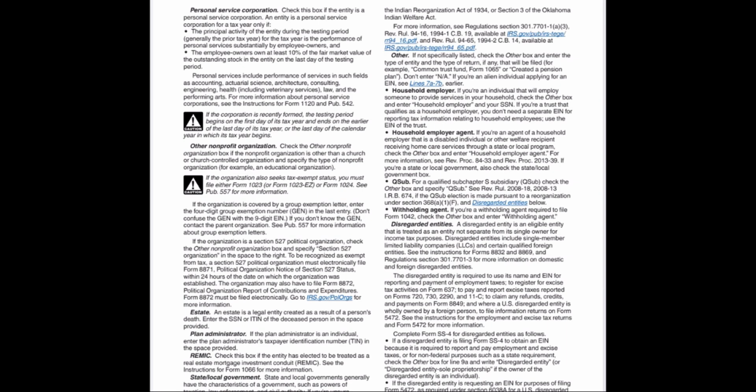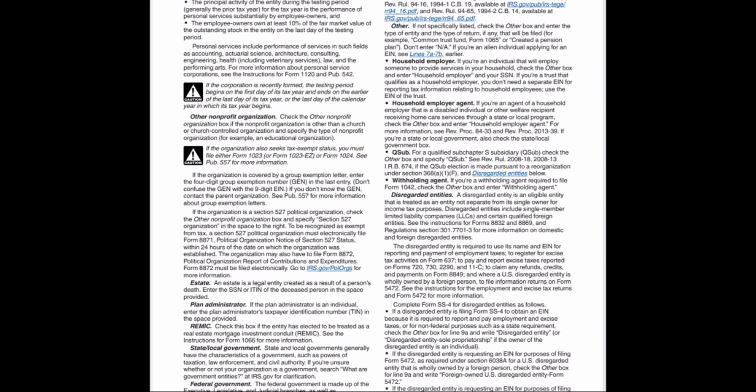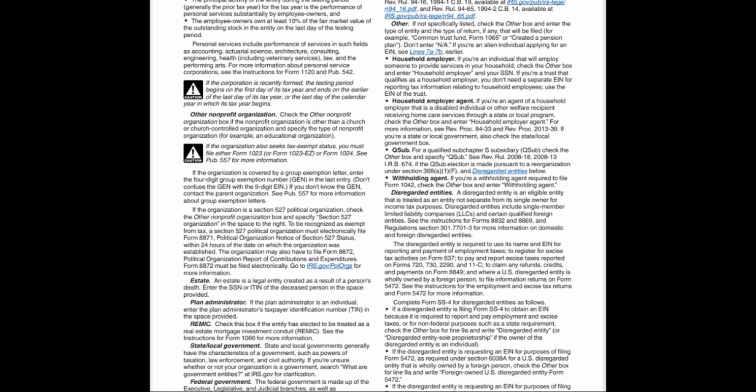Other nonprofit organization. Check the Other Nonprofit Organization box if the nonprofit organization is other than a church or church-controlled organization and specify the type of nonprofit organization, for example, an educational organization. If the organization also seeks tax-exempt status, you must file either Form 1023 or Form 1023-EZ or Form 1024. See Pub. 557